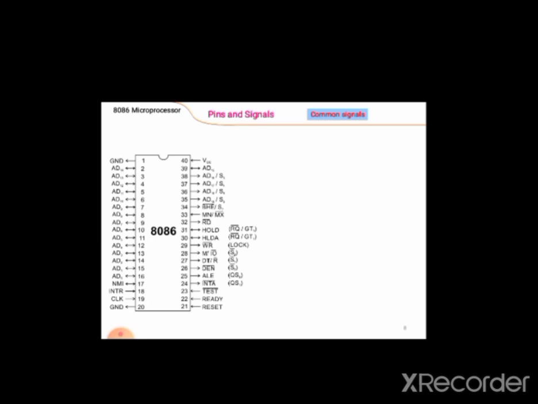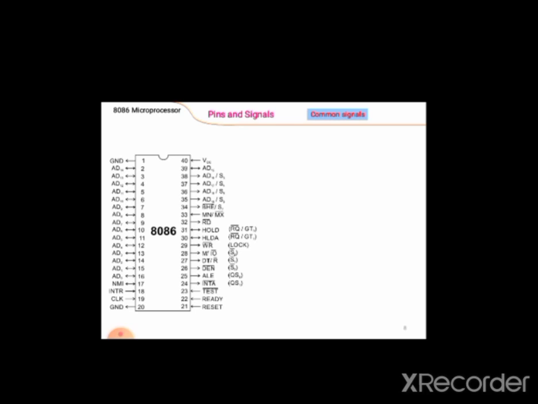Means if some operation or program execution is going on in the microprocessor, and at any instant of time some small execution is needed as per application or priority, we can stop the previous execution and use that small program for execution, because we have to execute that program first.